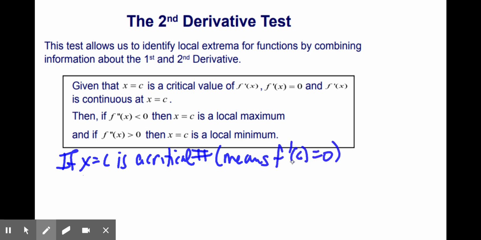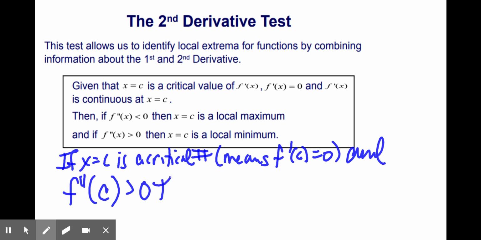That means the derivative has to equal 0 at some number. That would mean x equals c is a critical number. And the following happens. If you find the second derivative and you plug the critical number c into the second derivative, and you get something that's bigger than 0, then what does that mean? That means f